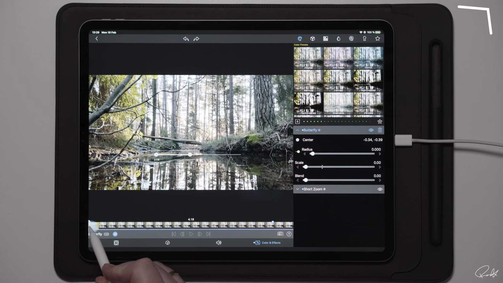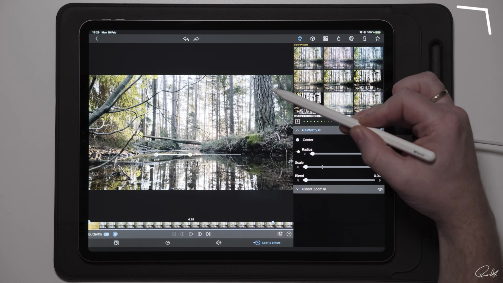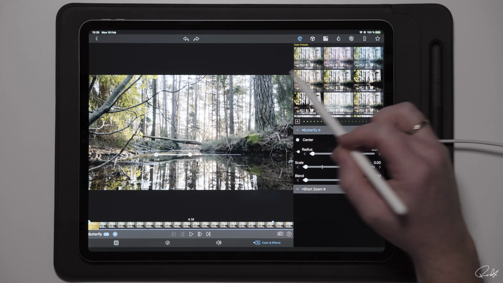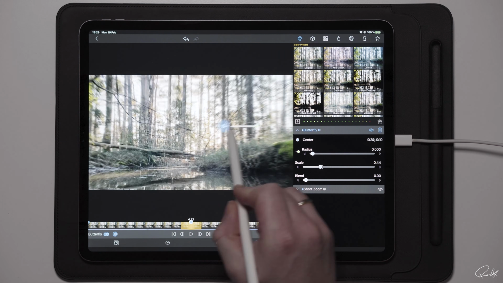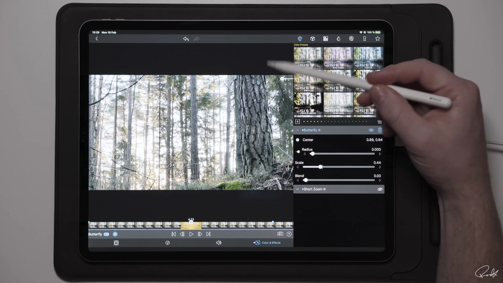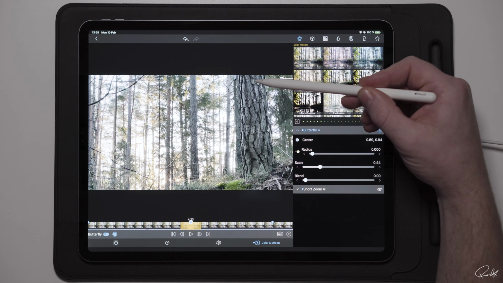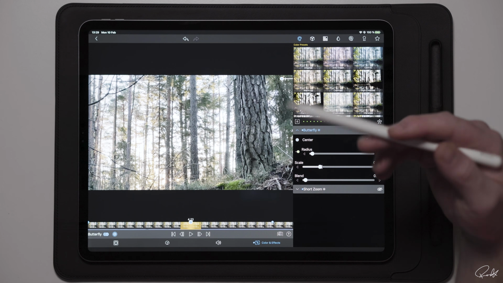So then we're going to go to the beginning of the clip here, and we're going to find a point where we want this to zoom in. And let's say we're going to use this tree right here. On the tree, if we go a little bit to the middle here and just drag this up, you can see, if we uncheck this short zoom here, that we have a wider spot on the tree, which is right here,